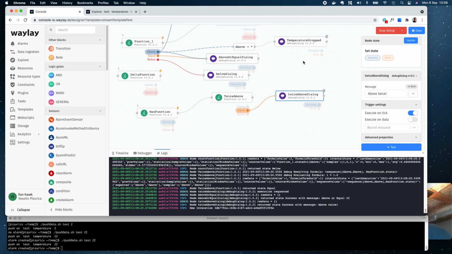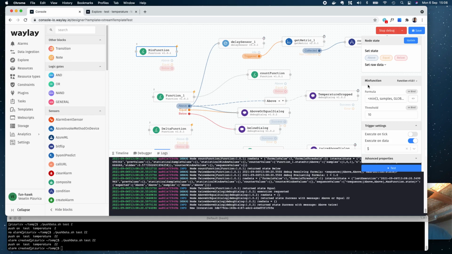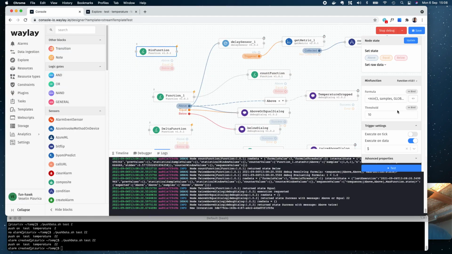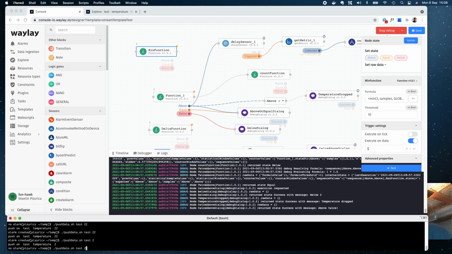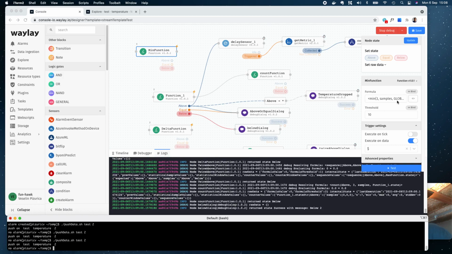There are other ways to do that, but let me just now go for the min function, just one more time to see that. What this one is doing, it's looking for the min of the 3 last samples, and it tries to see whether this is again above a threshold. So let me then push some small values, 2, 2, 2, and we see indeed that 3 times we are below threshold. And if I put now something like 20,